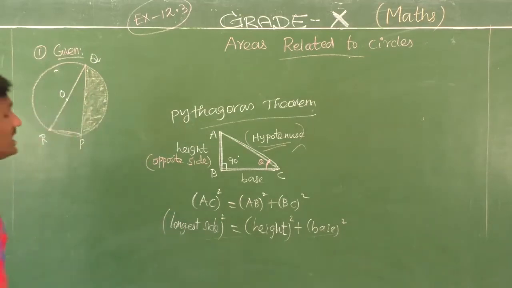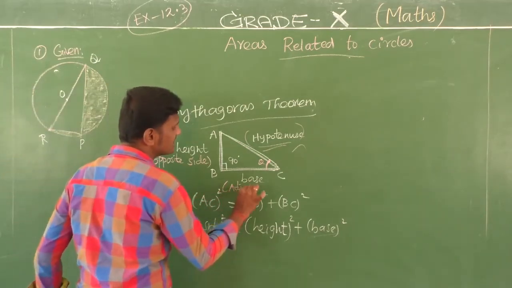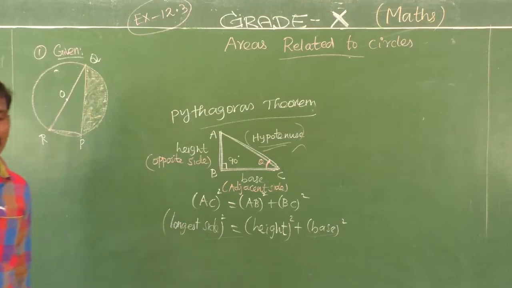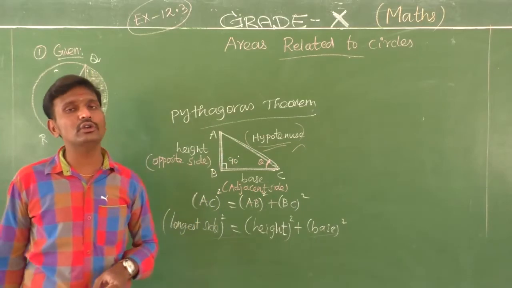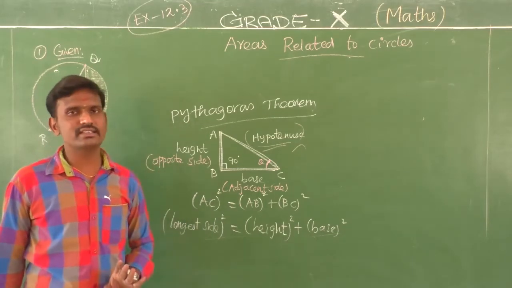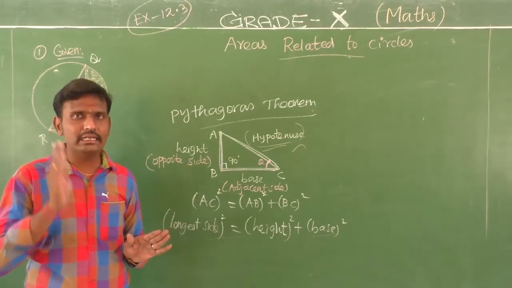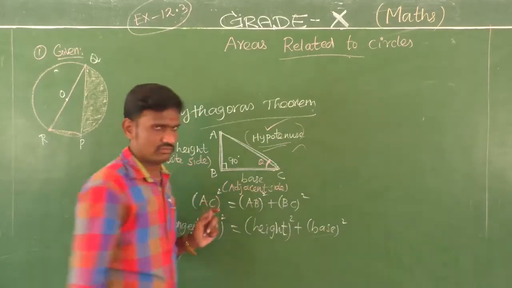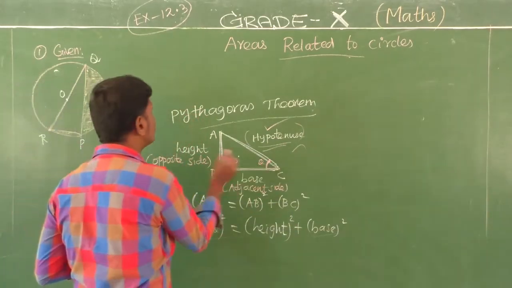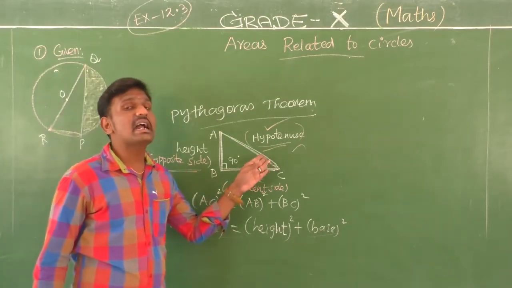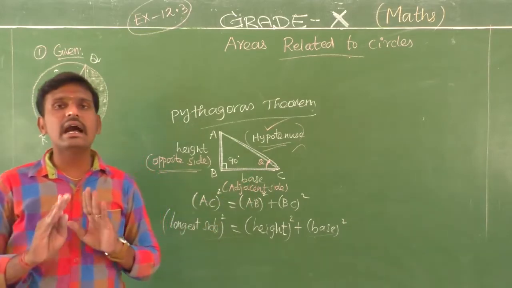And the base I am going to mention as the adjacent side. What is the name of the side? Adjacent. This is adjacent to the angle theta. Okay. So the three terms you are going to learn new are first hypotenuse, second opposite side, then adjacent side. The longest side of the right-angled triangle, opposite to the right angle of 90 degrees, is called the hypotenuse. Then opposite to the angle we take is the opposite side. The remaining one, adjacent to the angle theta, is called the adjacent side.